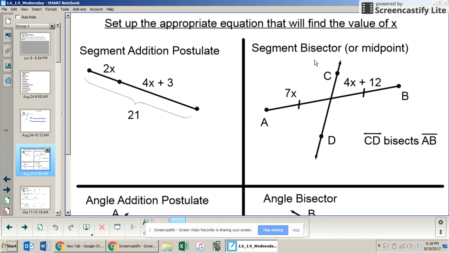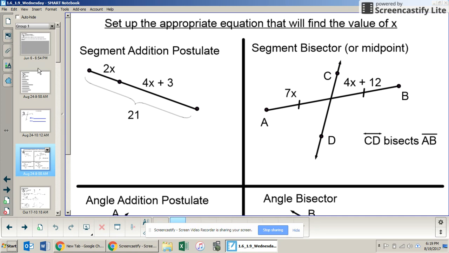For segment bisector, though, we have a bisector or a midpoint that divides the segment into two congruent parts. So here we have 7x on the left side, 4x plus 12 on the right side, and in this one we're not adding and setting equal to the total as we did with the segment addition postulate. Instead we're going to set 7x equal to 4x plus 12